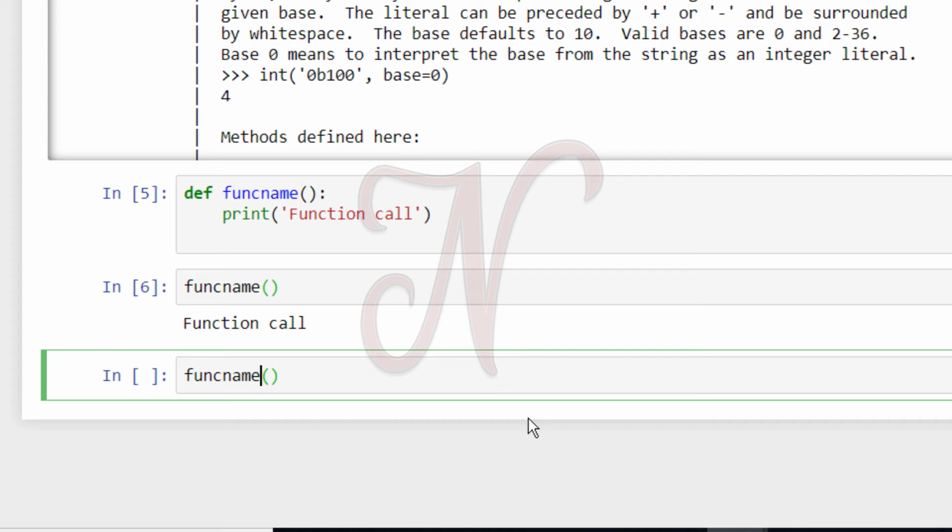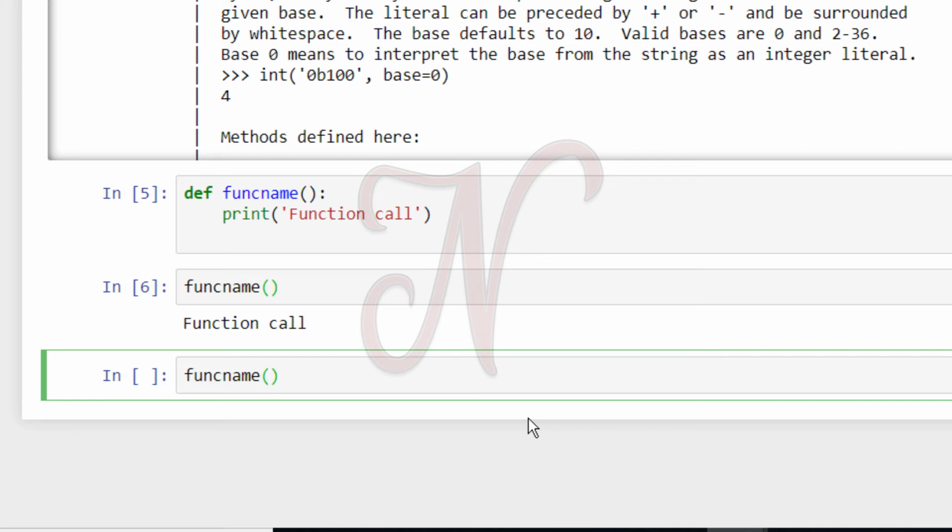The documented string is one of the most beneficial concepts, because if you define a function of 400 to 500 lines of code, and you add a documented part, where you define the syntax and the use of that function, then any third person reading that function can easily understand, using the documented string, what the function code or function logic is. So this is very helpful.